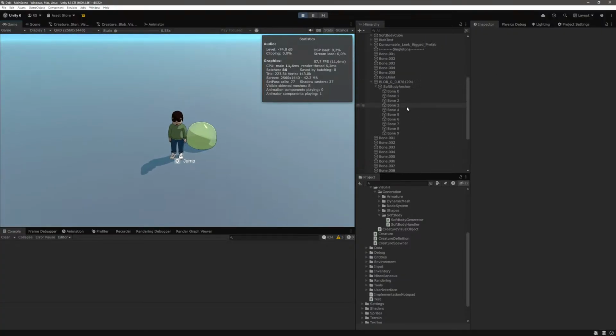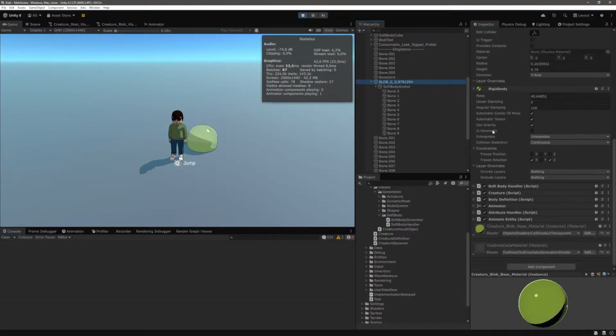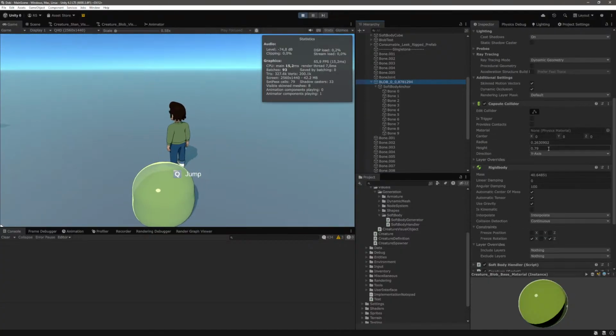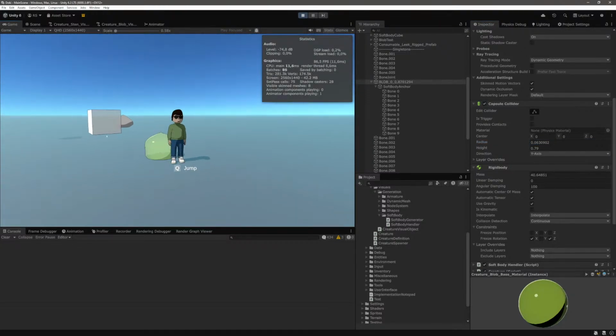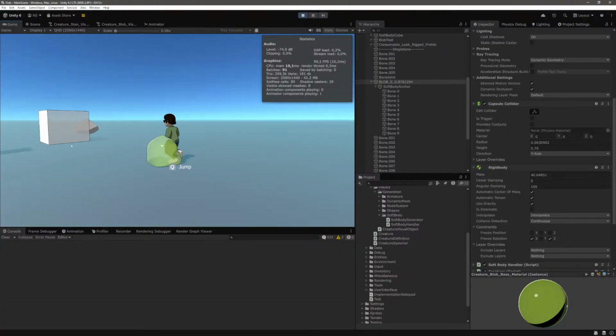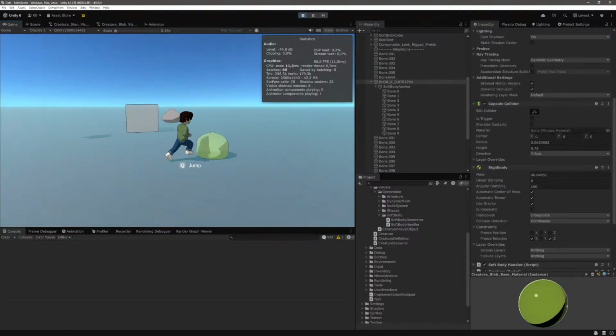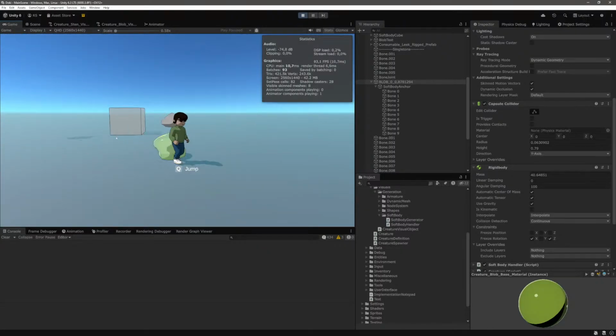Like, do we want to go even thinner on the capsule collider? I want to see what happens if we have a radius of 0.6. Yeah, maybe that's even better actually. We're probably going to get more issues with interlacing colliders, but